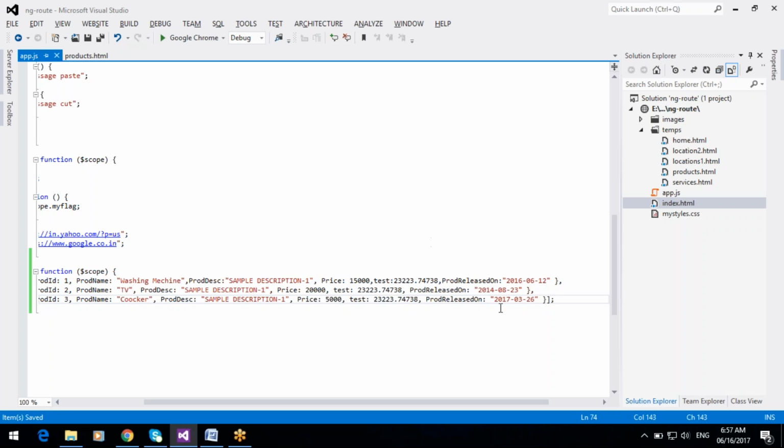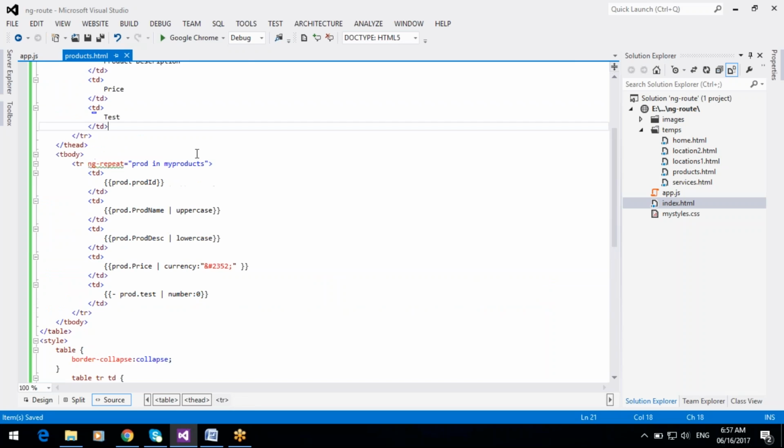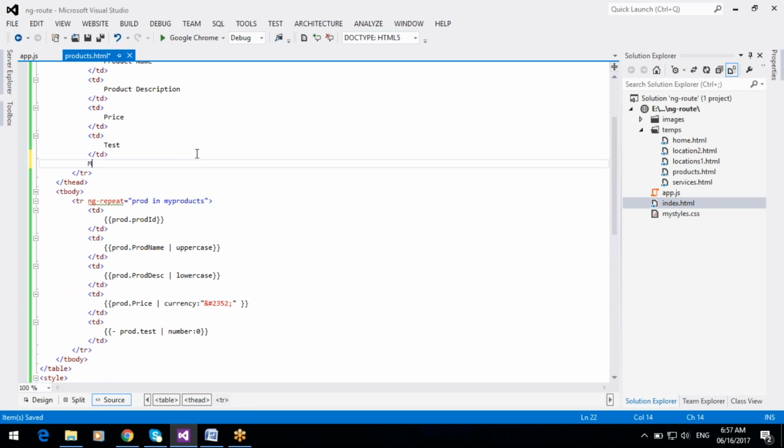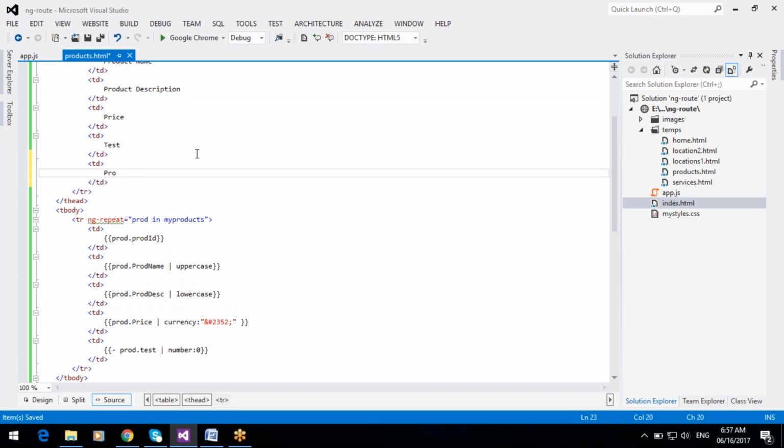So we can apply date formats, date filters for this column.